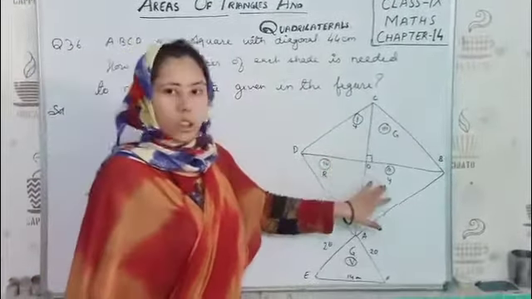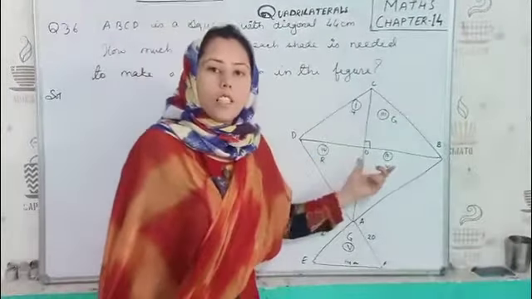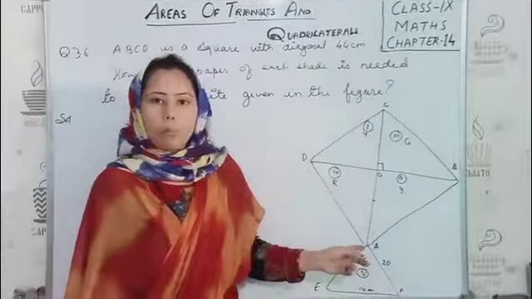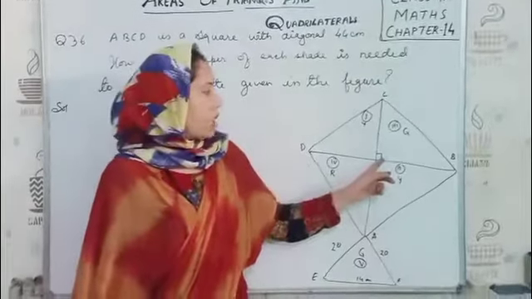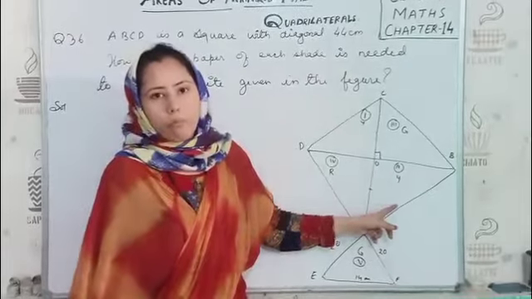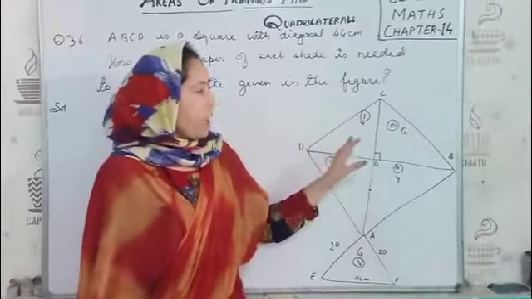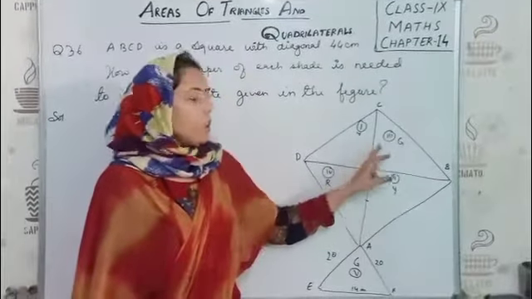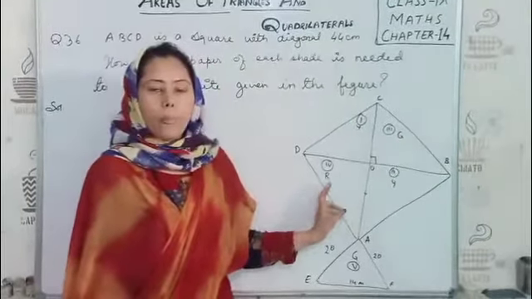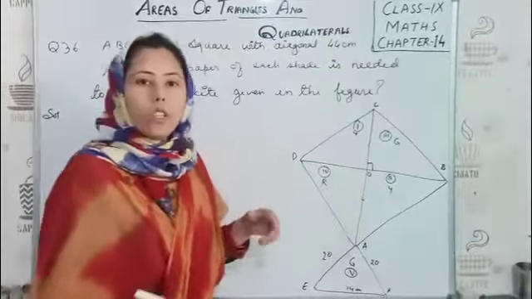The yellow color is in two shades, in two triangles, and we know that in a square the diagonals bisect each other at 90 degrees. So these two, BD and AC, are diagonals. They bisect at O at 90 degrees. And these four triangles are equal in area, since the sides of a square are equal. That means all four parts, first, second, third and fourth, are equal. So first of all we will calculate the area of the square.